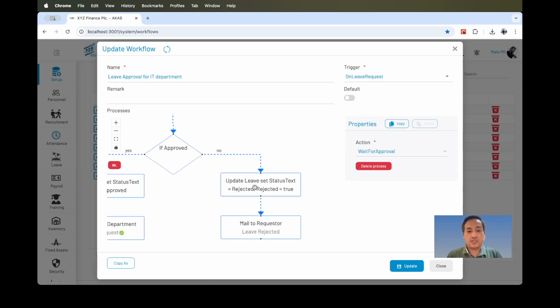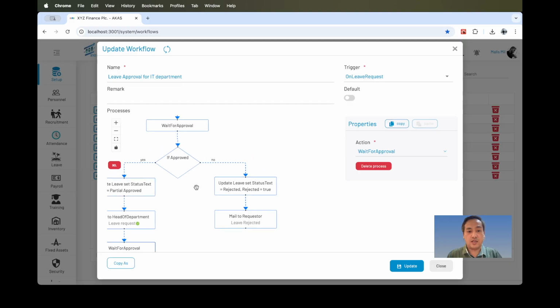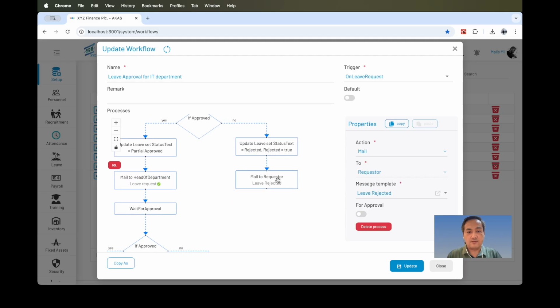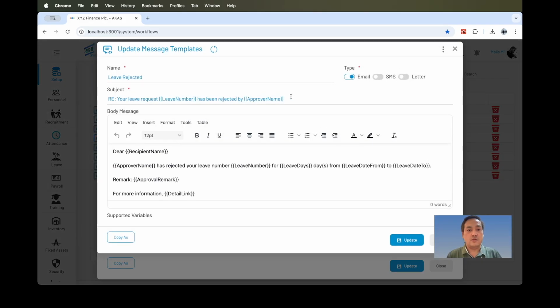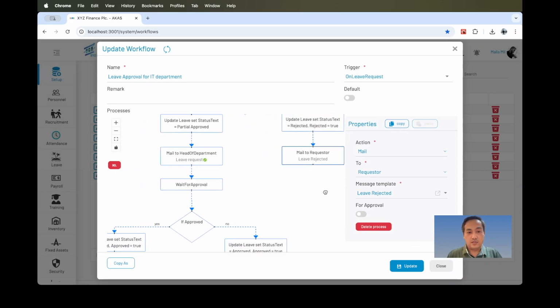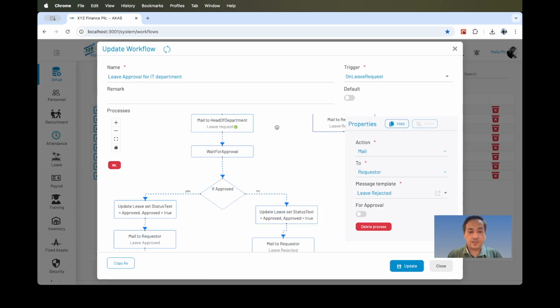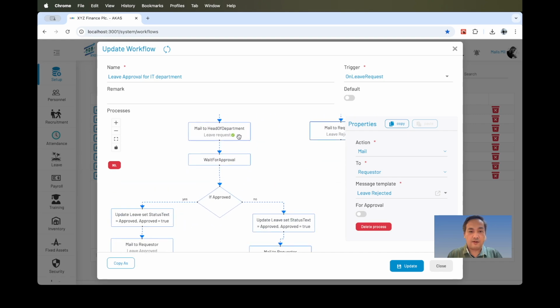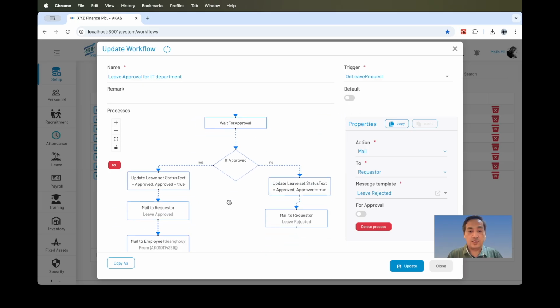If rejected here at the first layer, update status text and set rejected, and then mail the requester that your leave request has been rejected, something like this, by someone. Okay, then after layer 2 approves or rejects it, we need a condition here to check, right?